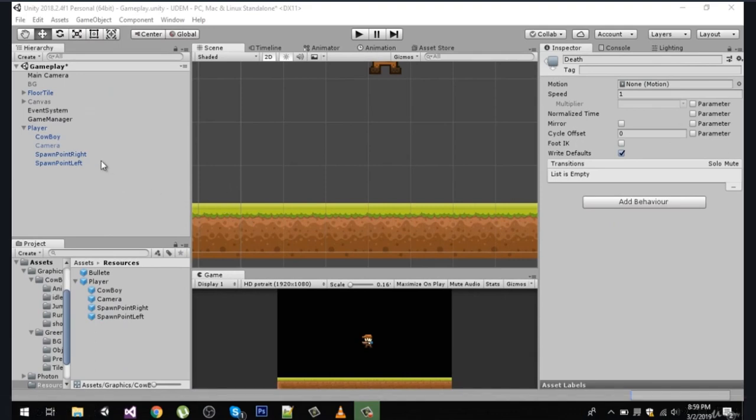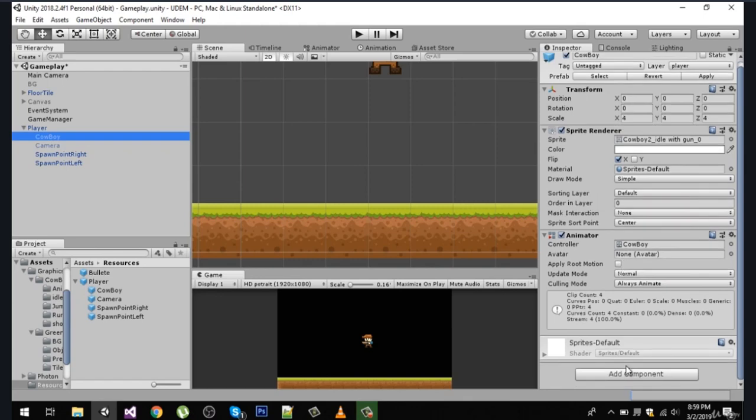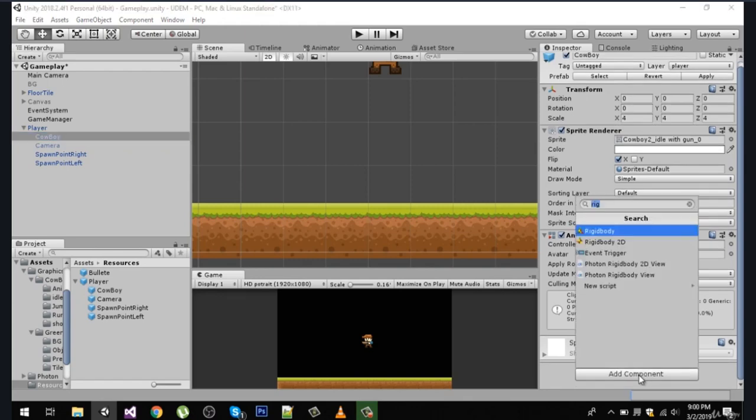So in this episode we are going to sync our animations across the network. Let's drag our player into the hierarchy, and on cowboy we have our animator component. So I'm going to add a photon view to it,